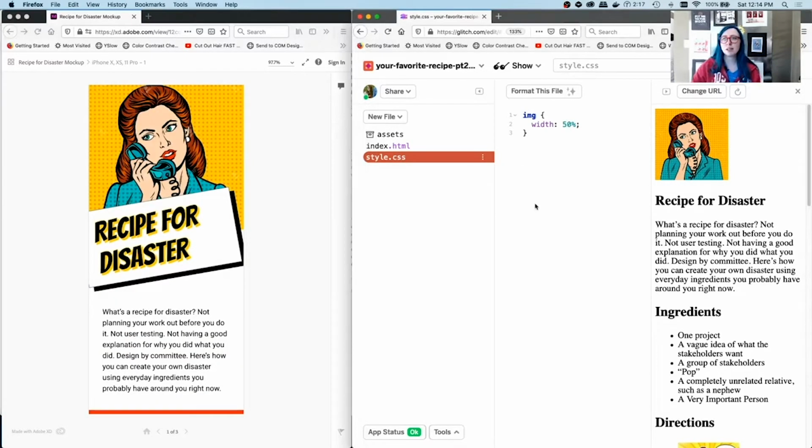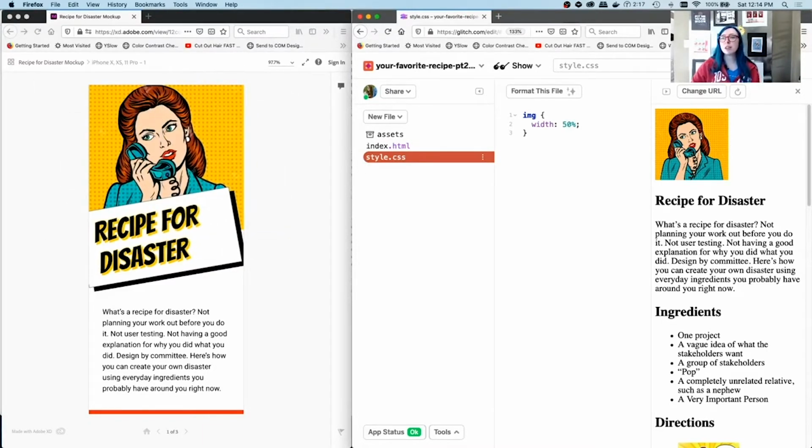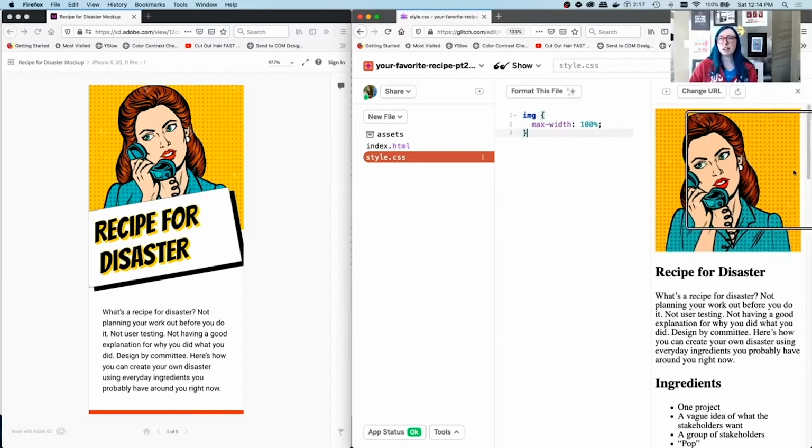Let's see what we can start with. The first thing that I want to do is make sure that this image is never larger than the viewport, the page. So here I've done an image width equals 50%. I actually want this to be the full width of the page, so I'm going to do image width equals 100%. There we go. There's also max width, which means it will go no larger than 100%. I would actually recommend that in general, because then it won't stretch your image out if it's not large enough. So that's a good general rule for images: we never want them to break out of the container.